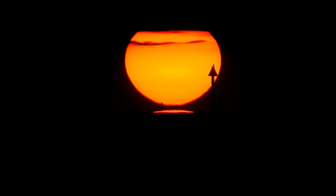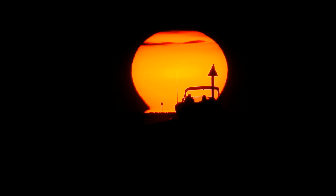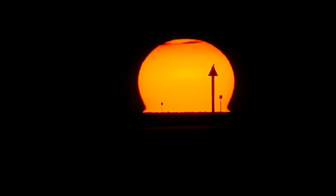Now, I sped some of this up to make it a shorter video, but then I slowed it down here to normal speed, because you can even go back and watch the two different amounts of time it takes for this sun to depart our view. In other words, in this part, it's going to drop like a rock. It's going to appear to set much faster, much quicker. What causes this, if you ask me, is partly magnification causing the compression of the horizon downward. In other words, it gives you a false horizon,